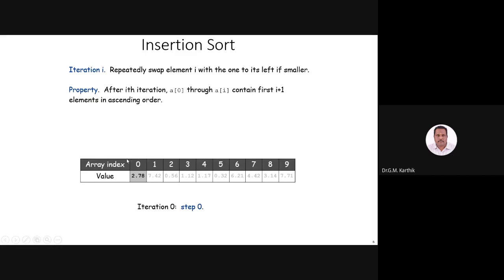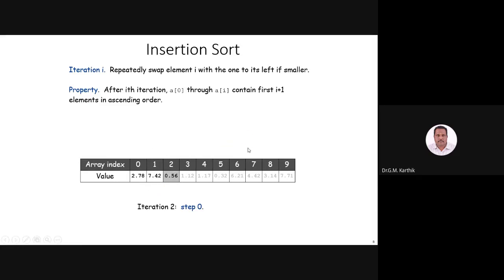So the first position, that is the 0th position, is being considered as my sorted array. When j is getting incremented, 7.42, if you see with the sorted element, is a bigger element, so it will be added as the last element in the topmost. The gray color represents that the elements from the first position till that gray color position will be a sorted position. So I am talking about this one. Up to this, it will be a sorted one and the rest will be an unsorted one.